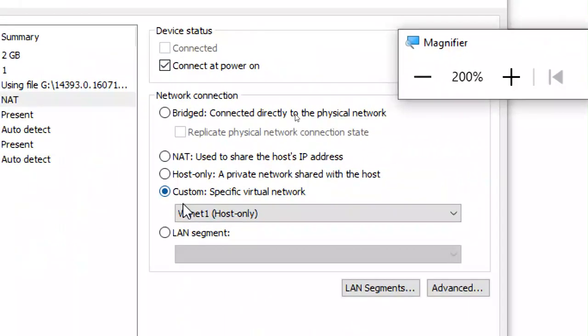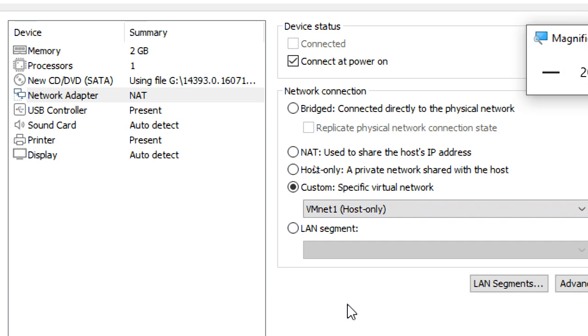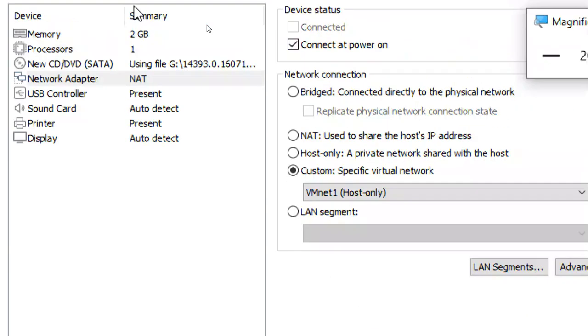Use VMnet 1 only. There is one more setting for VMnet 1, which I will show you. You should compulsorily do it. Use VMnet 1 only, not VMnet 0, because we don't want to interact with the internet here. So VMnet 1, that's it.